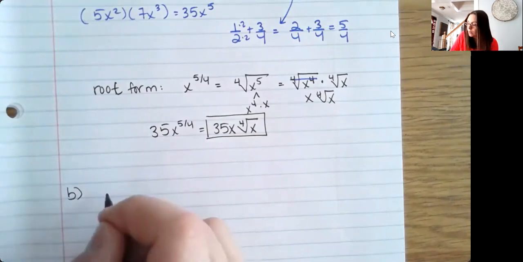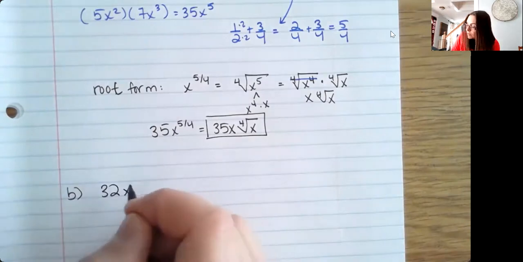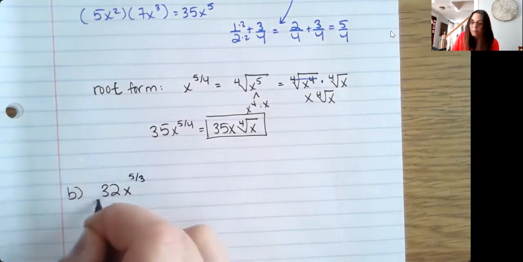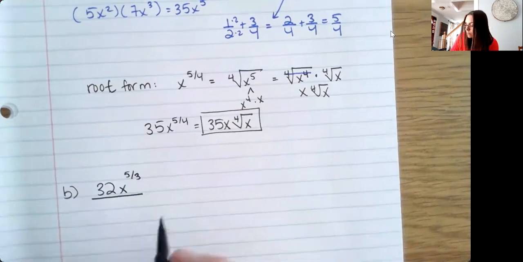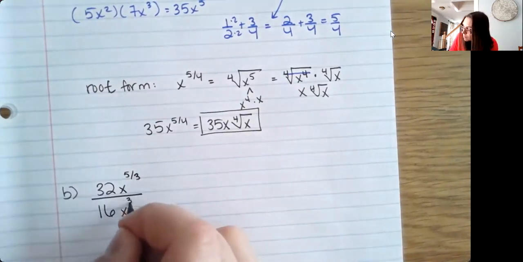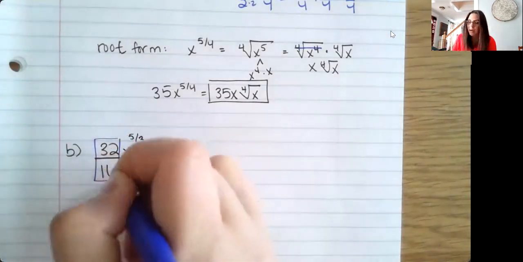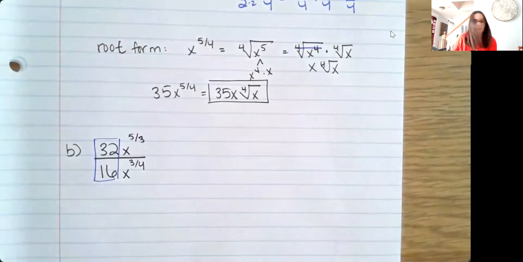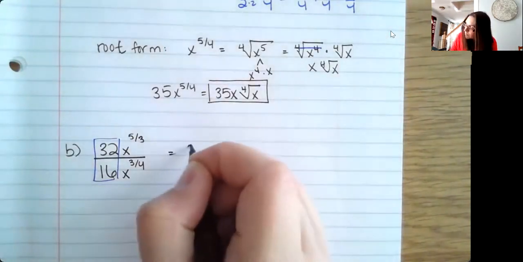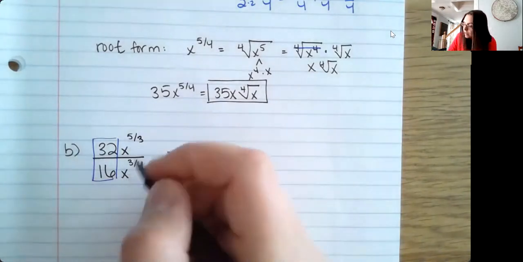All right, let's try another one. So 32x to the 5/3 over 16x to the 3/4. So your numbers out front are just going to work as usual. 32 divided by 16 is just 2. And then remember, for our exponents here, we subtract them when we're dividing. So it's x to the